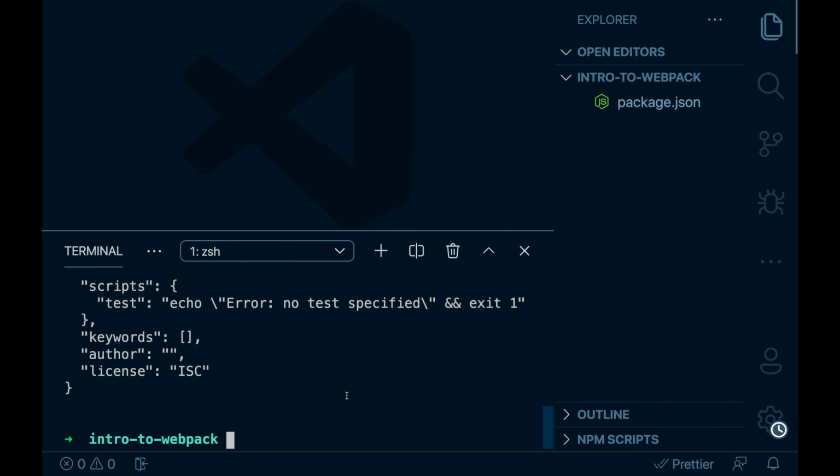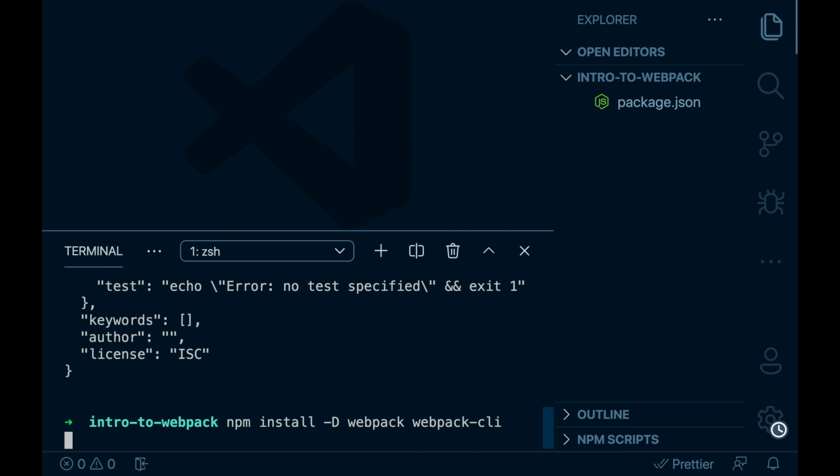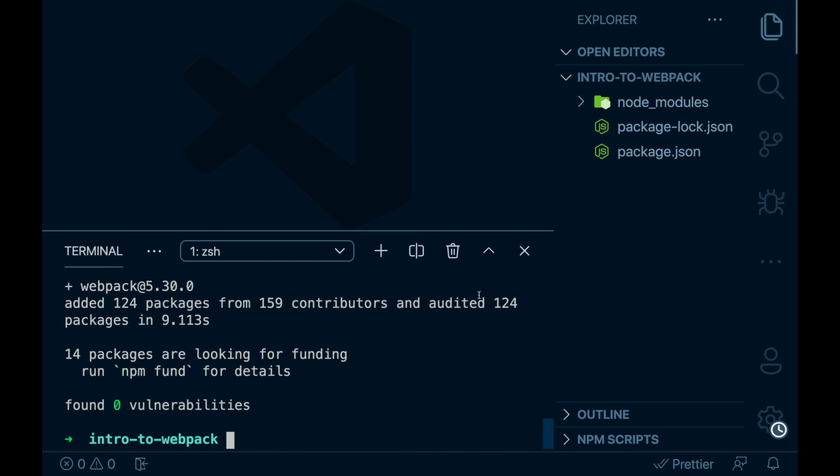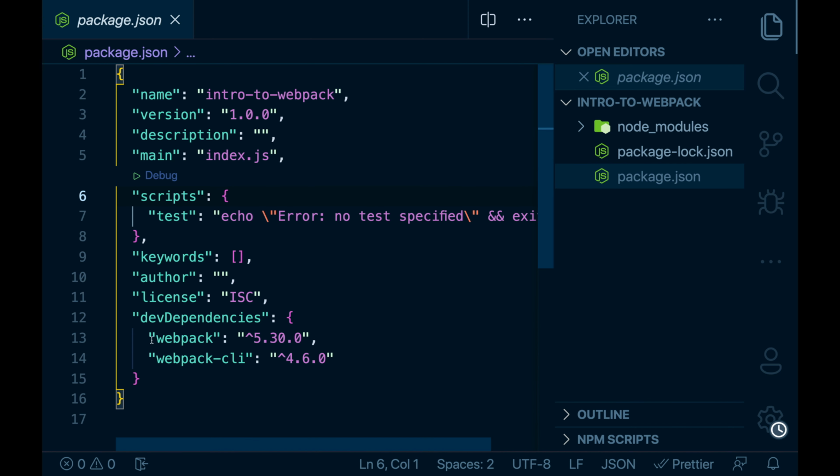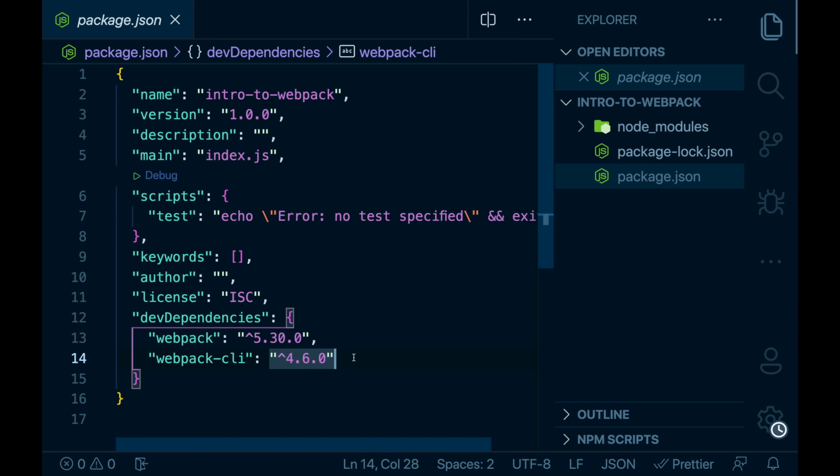Next, I will say npm install -D webpack and webpack-cli. These two packages are good enough to get started. Installation is done. In the package.json file, I can see two dev dependencies, that is webpack and webpack-cli.